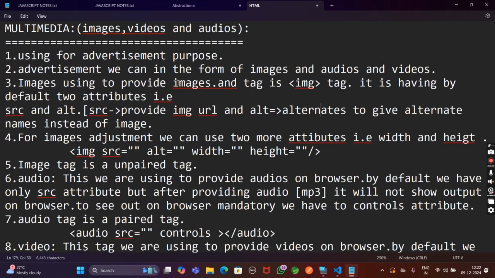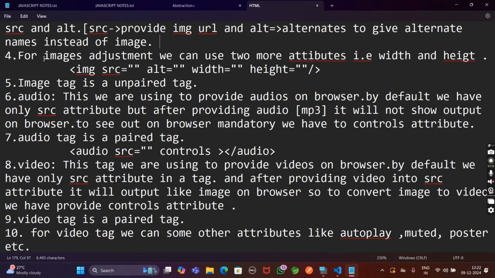Next, images: we use the image tag to provide images. It has the default attributes src and alt. The src attribute provides the image URL, and alt provides an alternative text instead of the image. Next, for image adjustment we can use two attributes, width as well as height